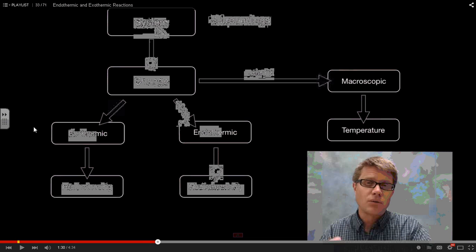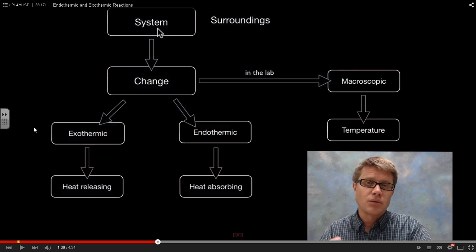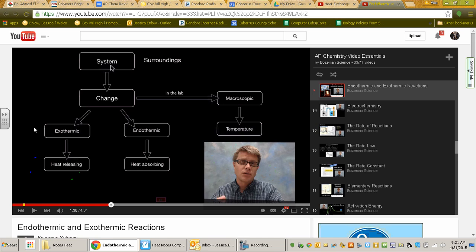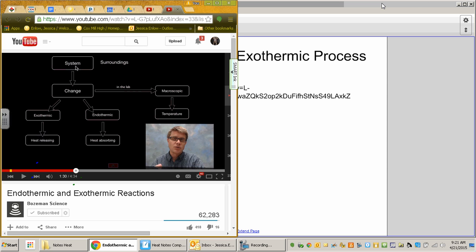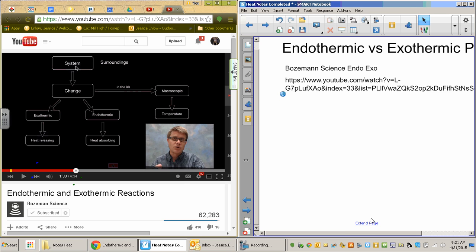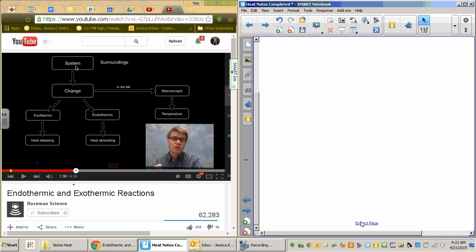Okay, let's draw this as a picture. We have two types of reactions, endo and exo, but we're considering something called system and surroundings. That's something you would have defined in your reading guide 17. So I'm going to leave this here and here. Okie dokie. So basically, you have a system,